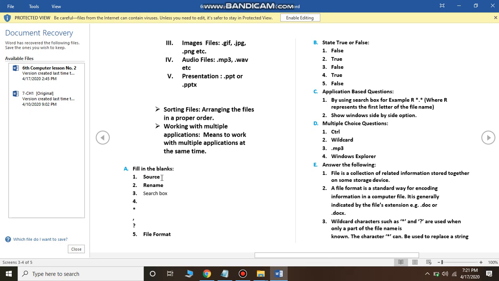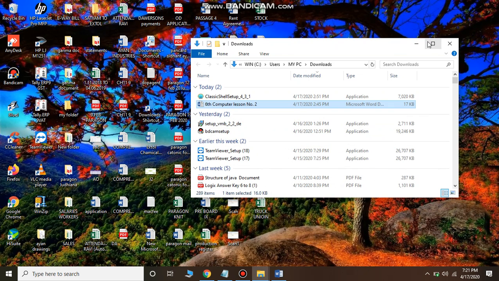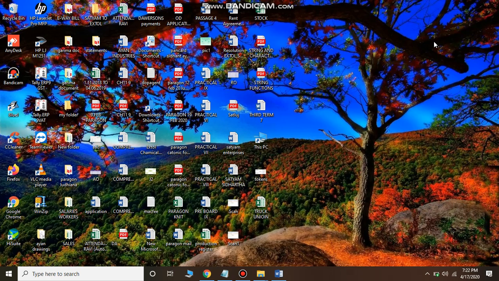Second is: dash option is used to change the name of a file or a folder. We can always go ahead and change the name of a file or a folder. I'll just tell you how. Let's say this is the file that I have saved on the computer. I want to change the name. Right now its name is tokens. So I want to change the name.